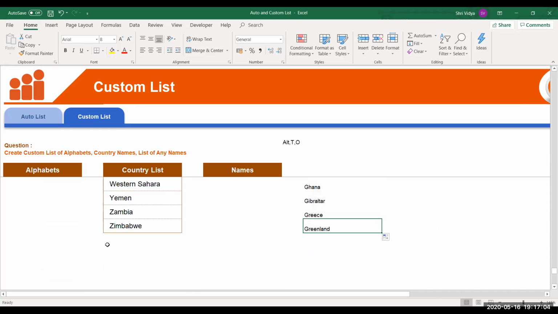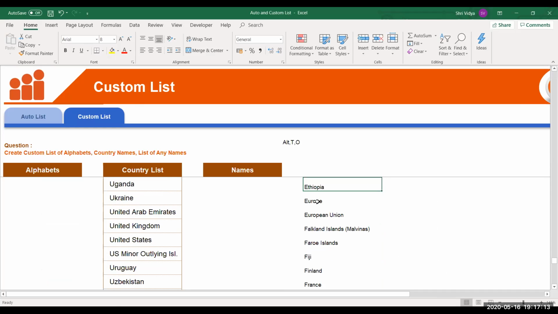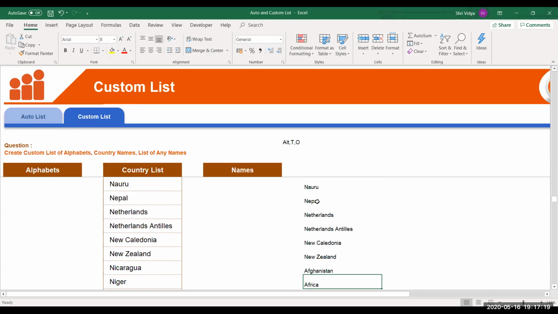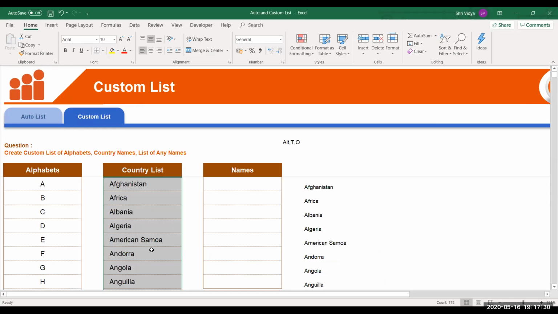So you can see we don't have Zimbabwe included. So there are so many countries that are lost. So let's see till where it has repeated properly. So till where it has taken the value. So you can see here Afghanistan is again repeating after New Zealand. So only till New Zealand we have the list. Now how many countries would that make? You can see here the count in the status bar shows 172.